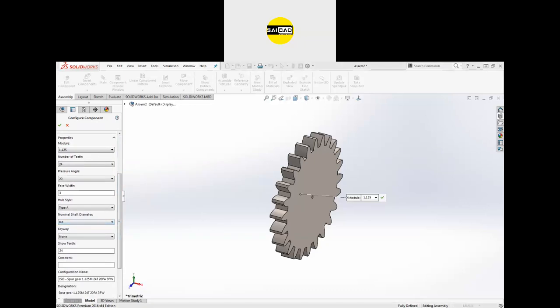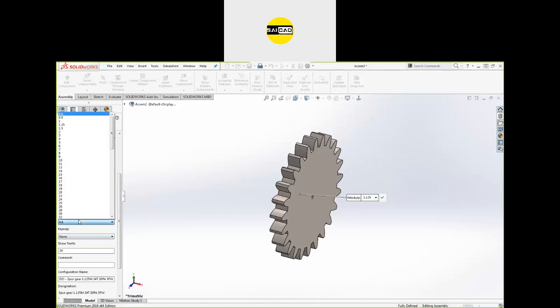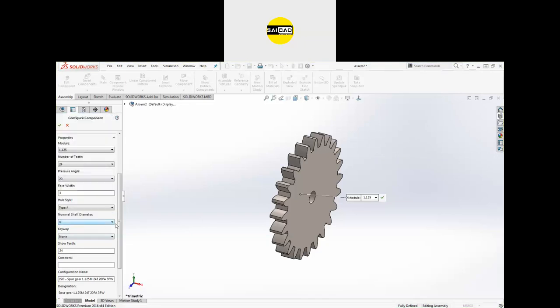So we need the nominal diameter to be, not written here, okay, a diameter of 3. So the nominal shaft diameter will be 3.